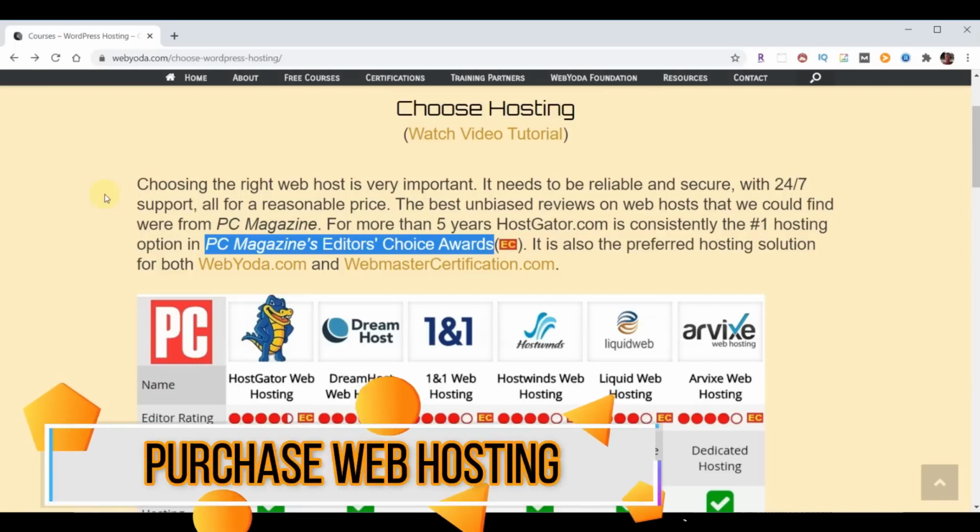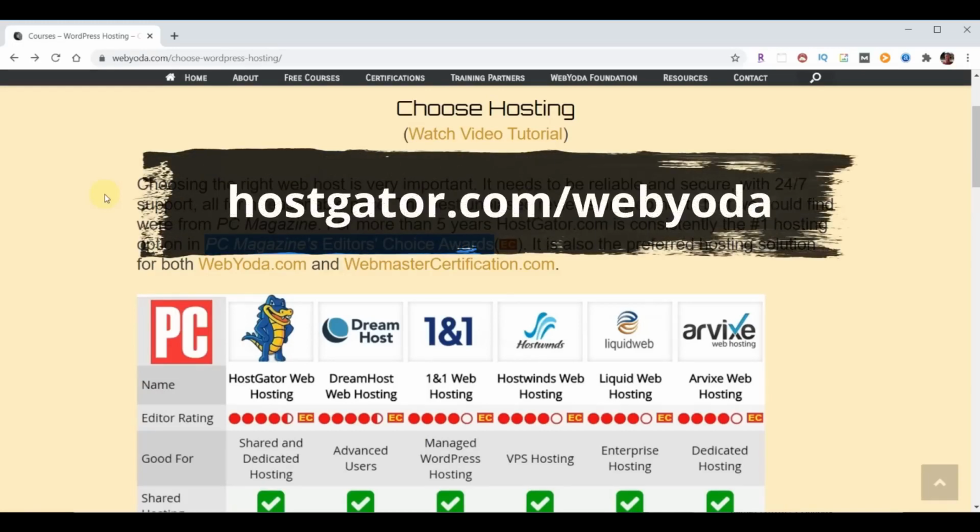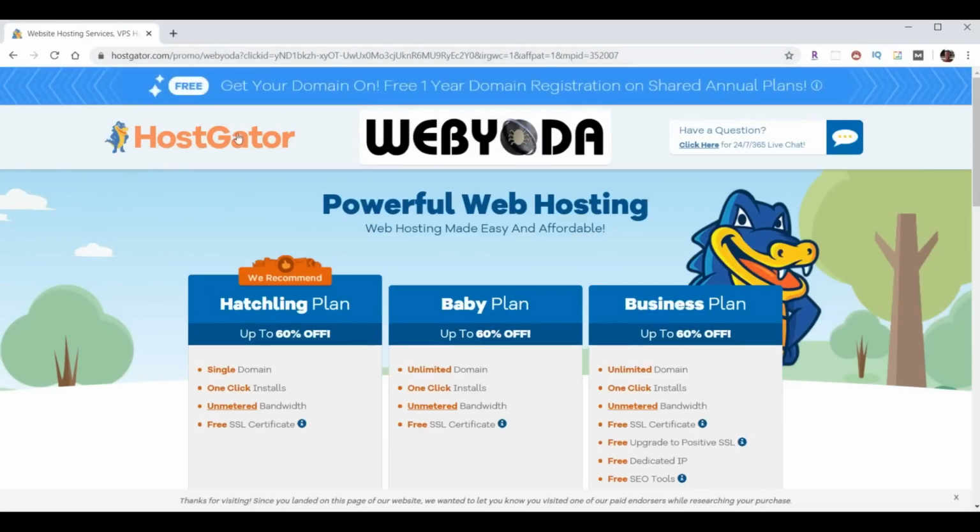In fact, WebYoda partnered with HostGator, and as part of that partnership, WebYoda students receive up to 75% off plus a free domain name. Now, for you to take advantage of this offer, you simply need to go to your browser and type in hostgator.com/WebYoda. Now this takes you to the partner page for HostGator and WebYoda, and it reveals our 3 choices for